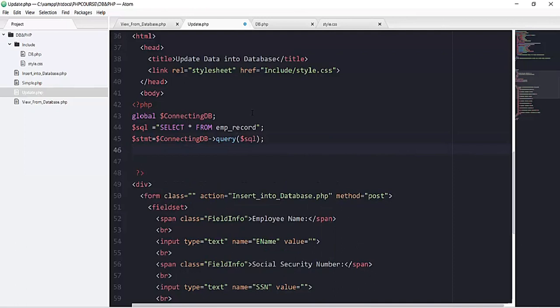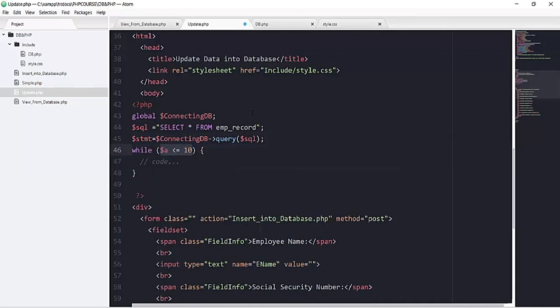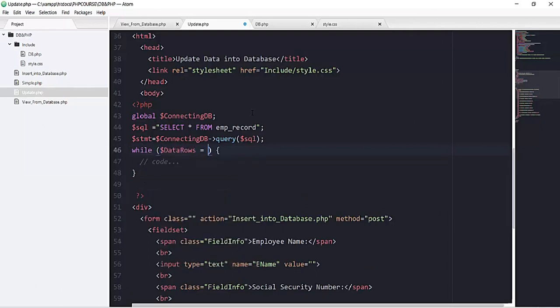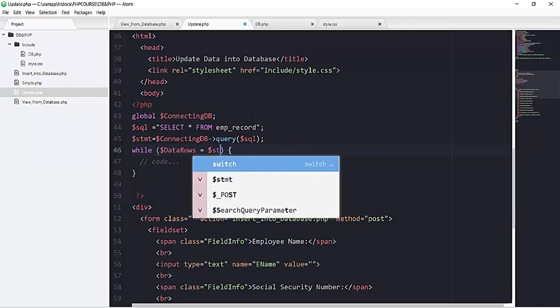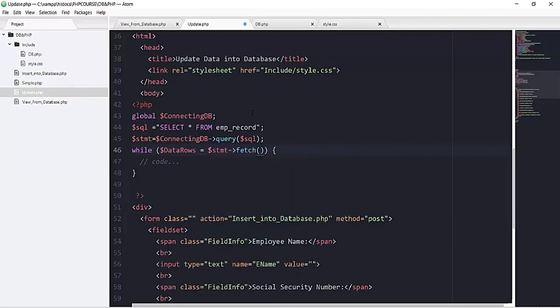Then we will have this while loop. So we will have this variable of data rows that will use this stmt object and call the PDO method of fetch,